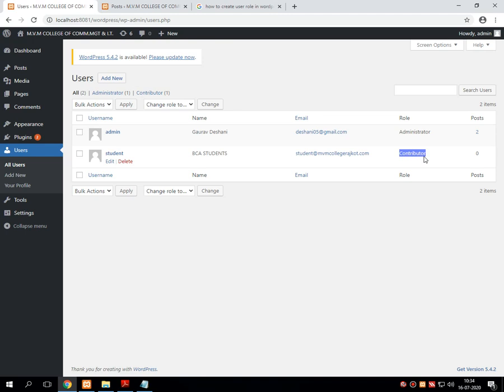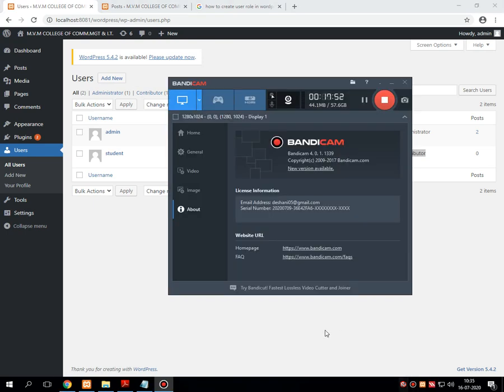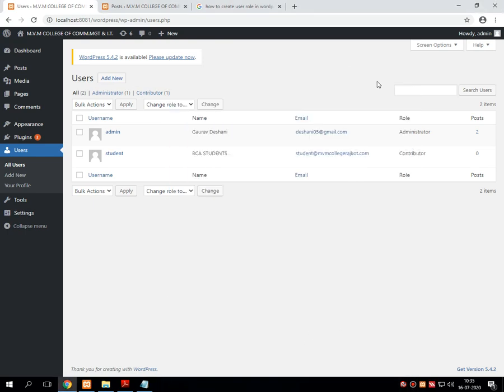So students, there is one homework for all of you. Just create a user in WordPress, assign different types of roles, log into the WordPress system, and observe what difference you are getting in all these panels. Should you get any difference? Yes or no? If yes, what are the differences that you are getting? You have to note it down as practice